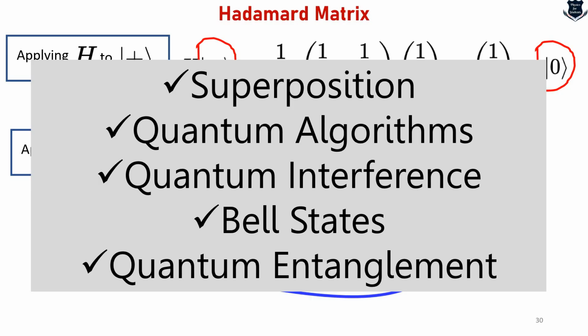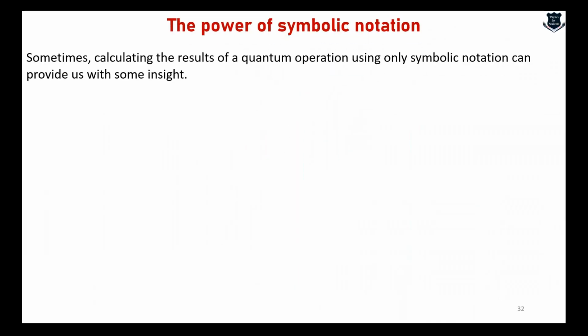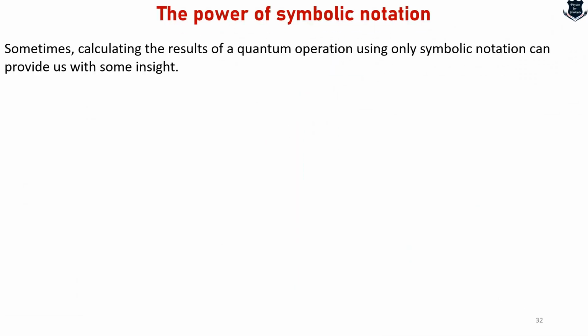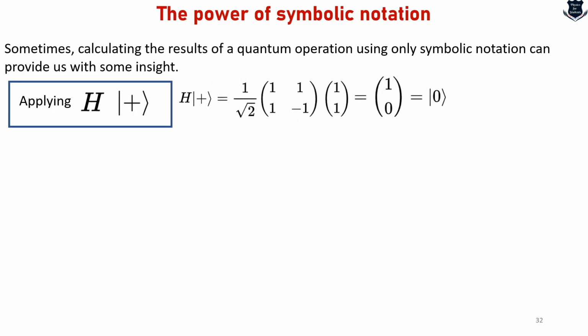Now I will come to the final part: all these signs or signatures that we have seen, this is called the power of symbolic notation. This has a unique power in terms of symbolic notation. Sometimes when we calculate the results of quantum computing, these symbols provide a great amount of insight. I will just consider applying the Hadamard matrix to the plus state, and we already know that we